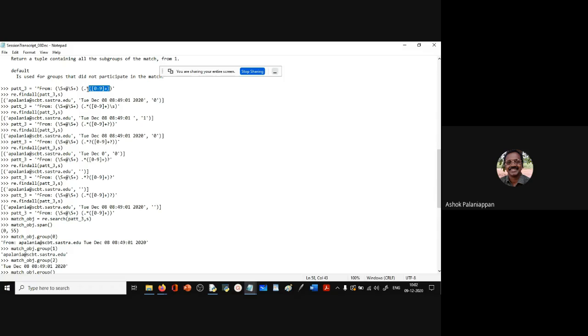So the dot star keeps back the last digit for that, and this will match the last digit so that the pattern is matched. The 0 will match this particular expression and the dot star will match till 202. But the group is for the entire thing, so the whole group is returned, and this group is just 0.